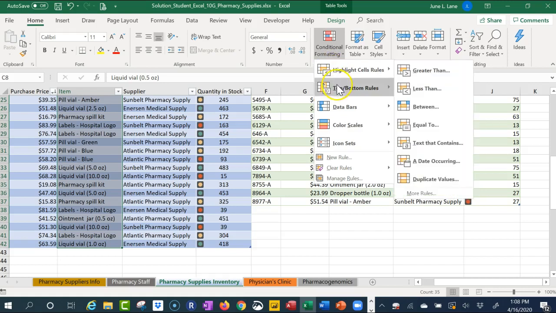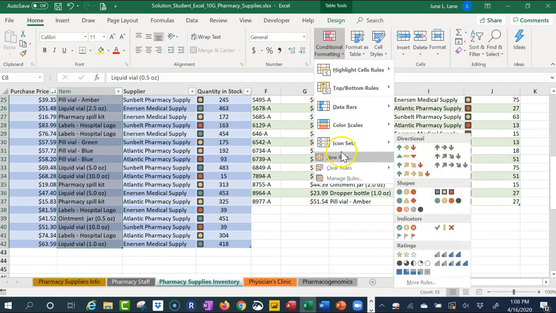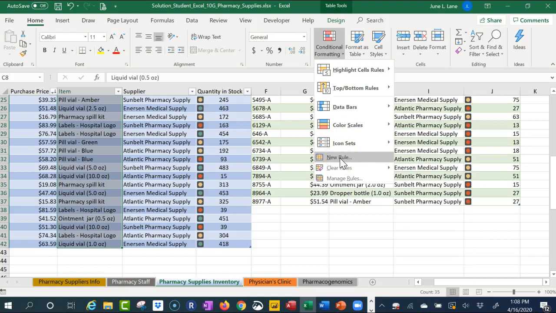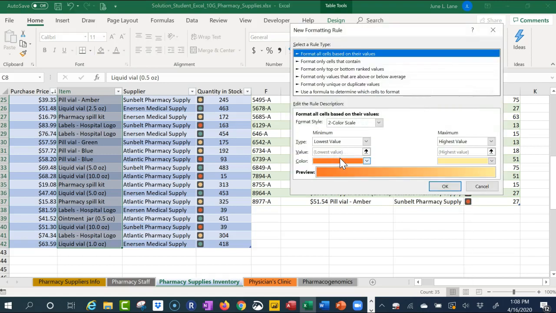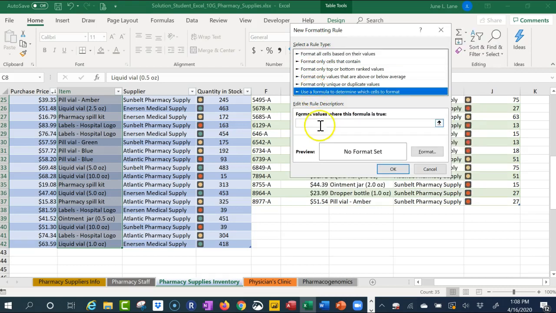Instead of using one of the options that we have at the top, we're going to go down here to where it says New Rule, and we're going to create our own custom-made formatting rule. And so they want us to use a formula. So we're going to find the rule type in that list, which asks us to use a formula. And then in the formula box, our formula is going to be equal to